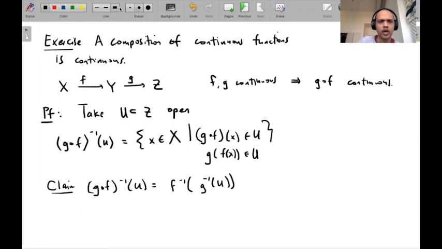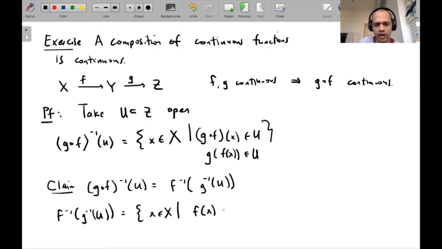Forgive me. So F inverse of G inverse of U, this is x in X so that F of x is in G inverse of U,